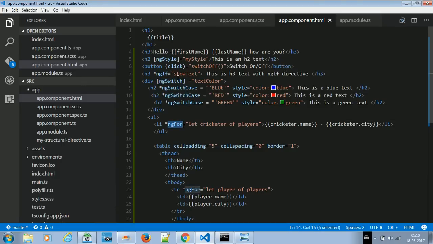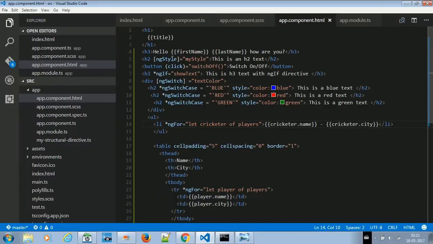An attribute directive, in a simple way, adds cosmetics to the element, while a structural directive defines the structure, how the element would be structured depending on some conditions or the data. Like ngFor, we saw, as many items as there are in this array players, that many times it renders the li tag. So ngFor and ngIf are structural directives, and you'll see they are prefixed by an asterisk,